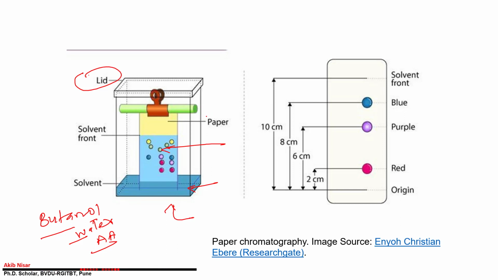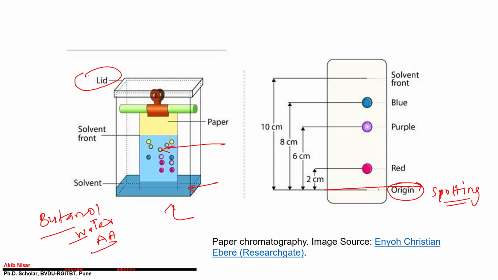Then you cut the paper, and after cutting the paper you have to make an origin. Like here in figure number 2 you can see this is the origin. This is also called the spotting line. You have to spot your amino acids. Here you have to take a capillary, a small capillary. With the help of that capillary, suppose you are going to perform an amino acid separation experiment. In that experiment you have a mixture of amino acids and different amino acids separately as standards. It may be glycine, it may be arginine, any type of amino acid you are using.